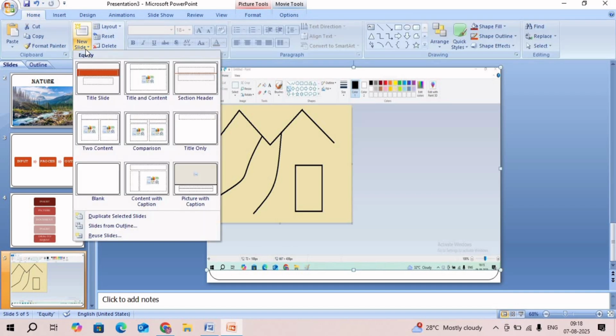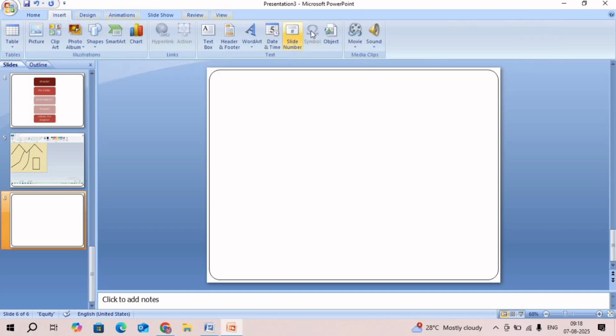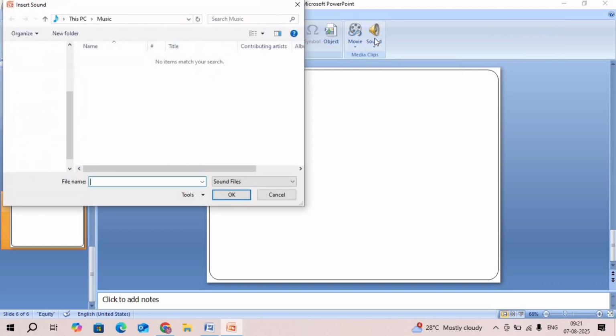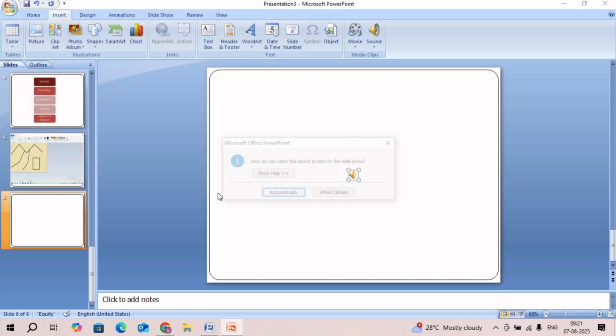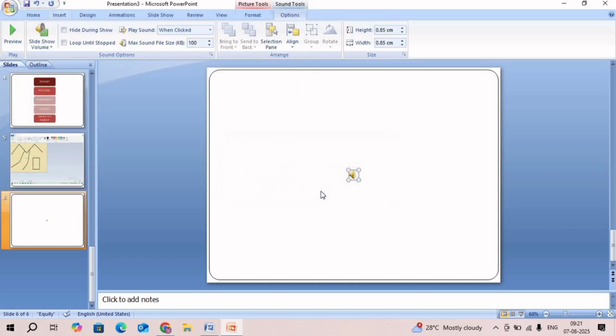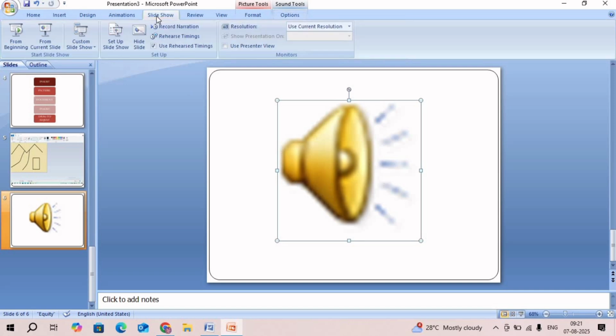and it will be played while the presentation is done. Now again I'm going to add a blank slide, and now I'll be showing you how to add a sound or audio. So I'll click on insert and then I will click on sound. Then I'll go to downloads because recently I have downloaded a song, that is Sare Jahan Se Acha. I'll click on that song and then click on OK. And again the dialog box will come to ask whether on clicking or when the slide comes it will play automatically. So I have selected that it will play on a click, and this is how I can adjust it